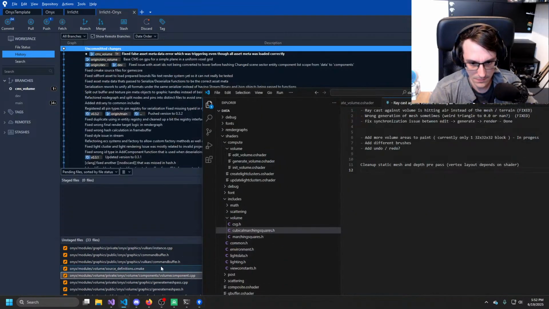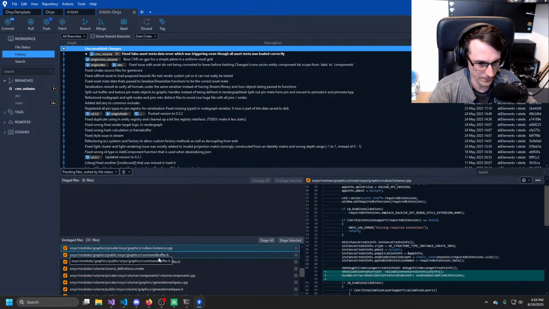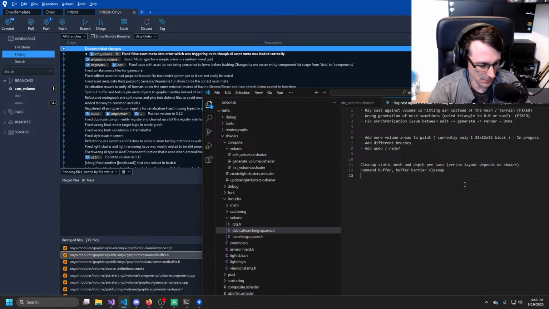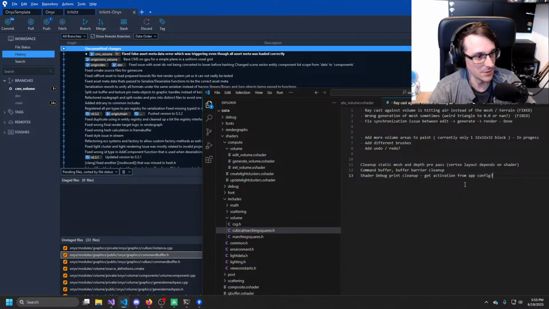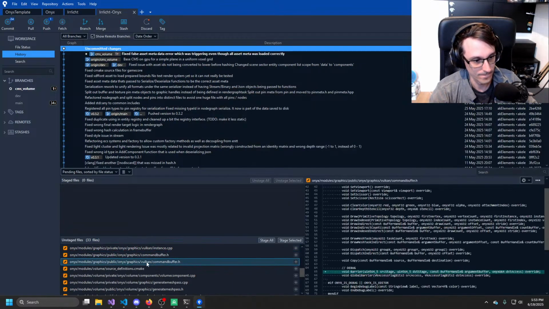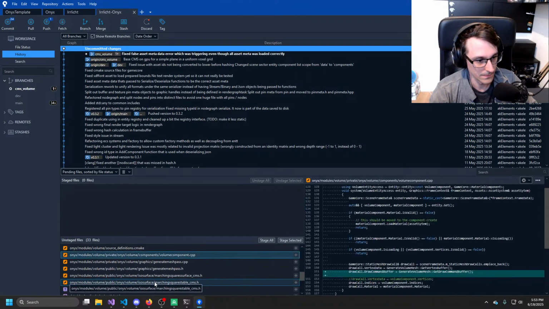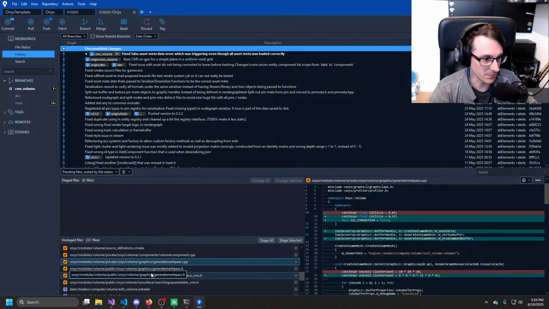And then command buffer barrier cleanup. And debug print. Get activation from app config maybe. Like it's a mix between app config and